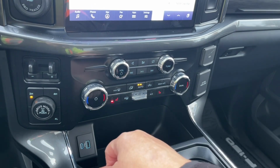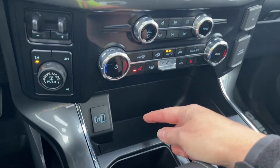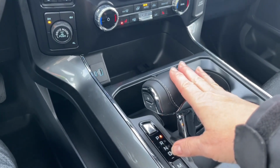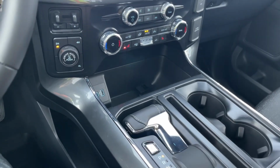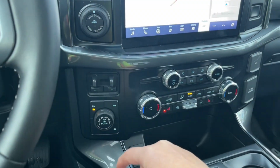your fans in the center, front and rear defrost, your AC and max AC, down below USB-C and USB, and we have our automatic select shifter. We can make it go down flat, that just gives us a flat working surface if we want, and then bring it back up. Off on the front here, we have our Pro Trailer backup, integrated trailer brake controller, and